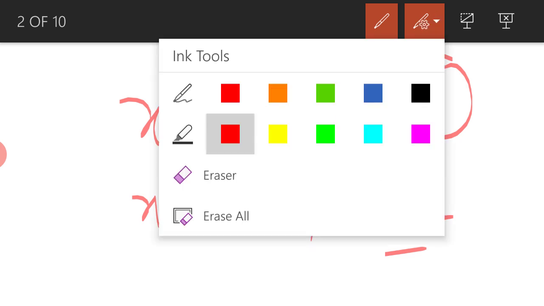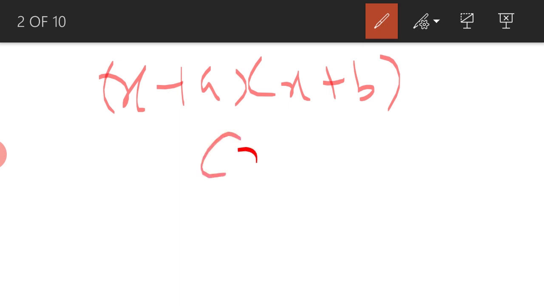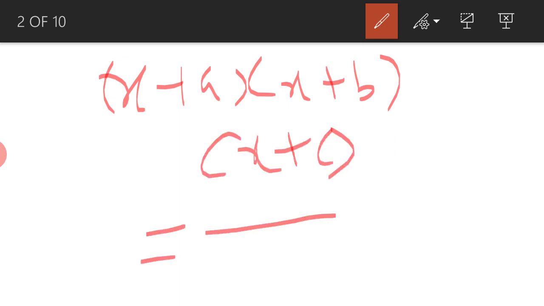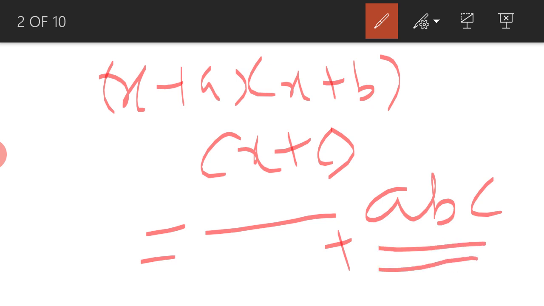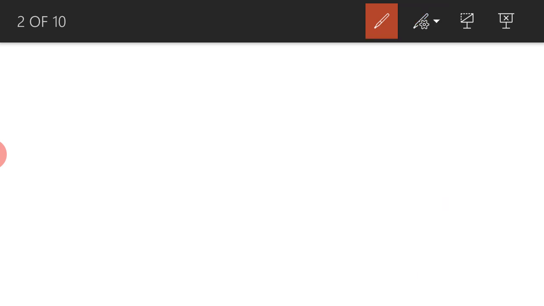Is it true for cubic polynomial? So yes. (x plus a) into (x plus b) into (x plus c), suppose we take. Is it okay? I'm not interested in the remaining terms in this particular product, but the last term will be abc. This is very sure. So zeros of the polynomial can be guessed from the factors of the constant term. I'm using the words can be guessed. Now these two things are used to factorize a cubic polynomial.